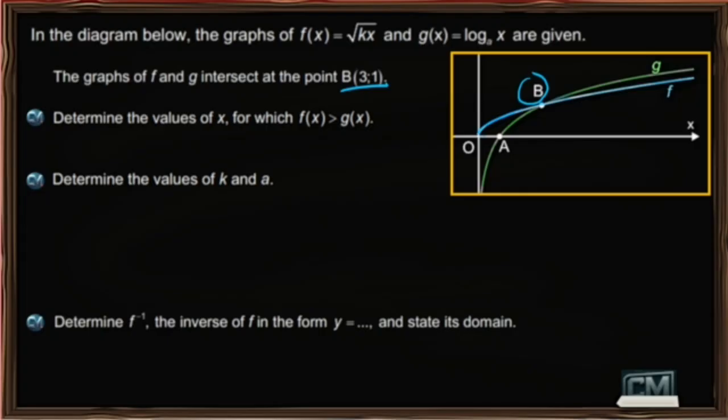So determine the values of x for which, and listen to my reading of this, f is above g. That's all it's asking. Algebraically, it says f of x is greater than g of x. We need to turn that into some sort of visual. Where is f more than g? And because these are y values,